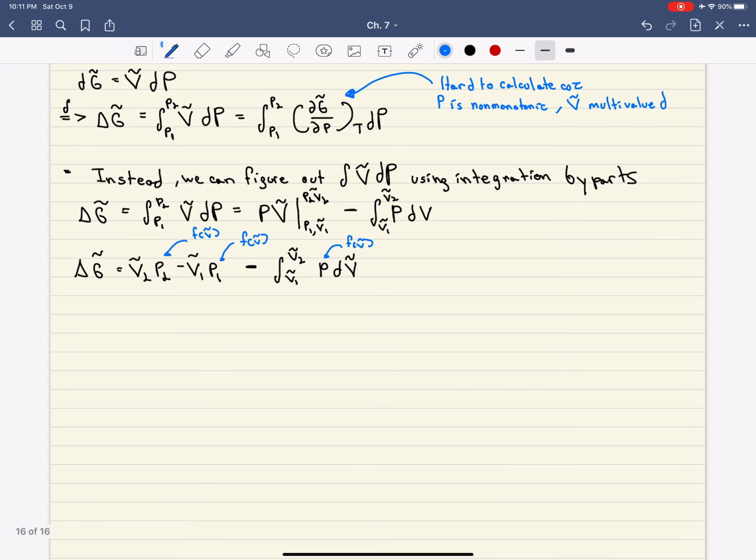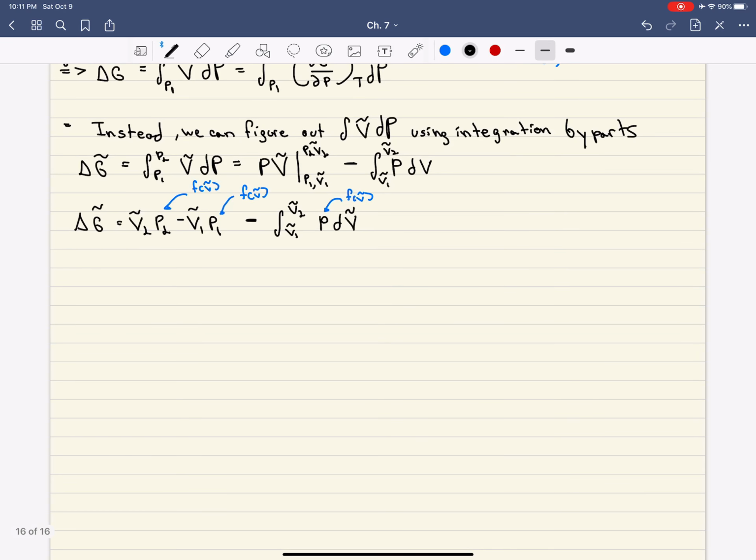But for the case where we are talking about liquids and vapors in equilibrium, what we would then have is that our pressure of the liquid phase is equal to the pressure of the vapor phase is equal to that saturation pressure,